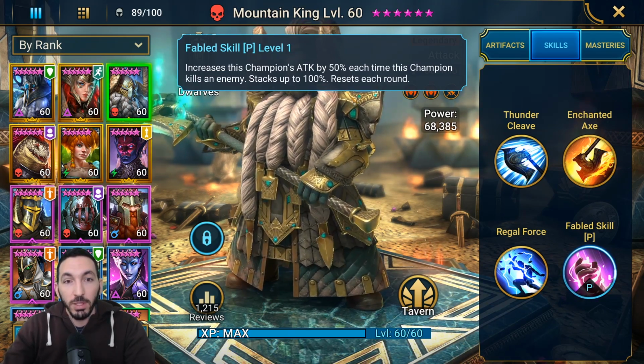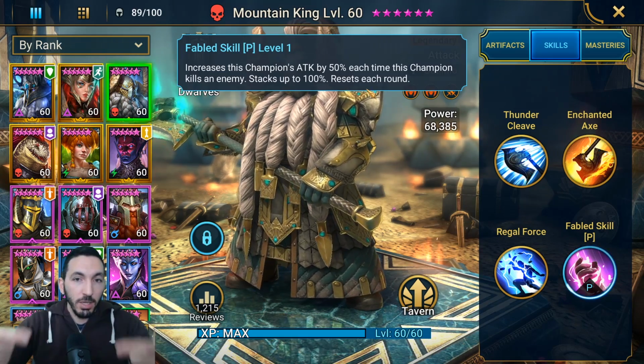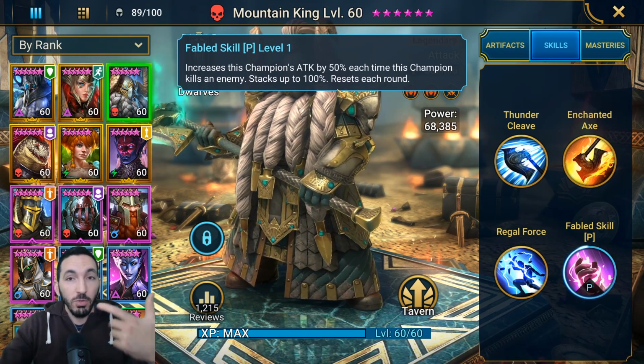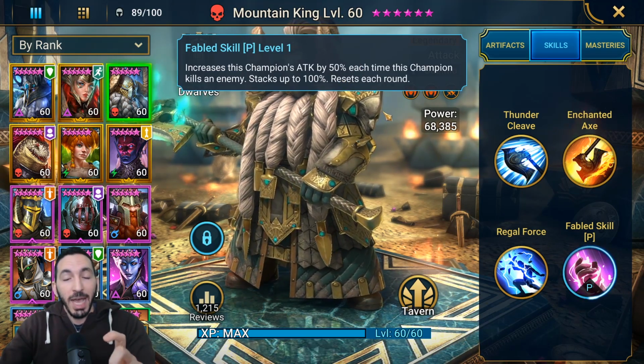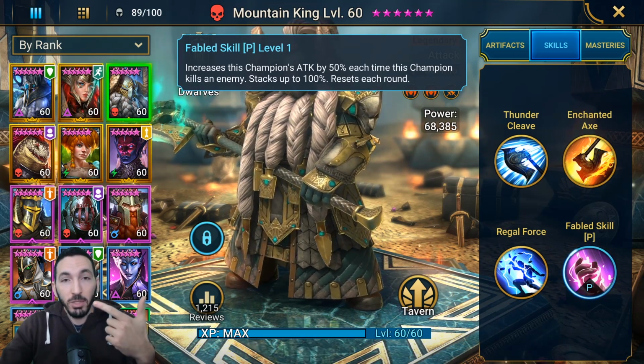This is not that great for the dungeons because each wave is a round. So wave 1 is 1 round, wave 2 is 2nd round, and wave 3 is a 3rd round. So this is gonna reset it. This will not carry on to the boss section. So Mountain King can only be useful if the boss has ads. So the dragon and the Fire Knight will not be good for him, but you can use him in the